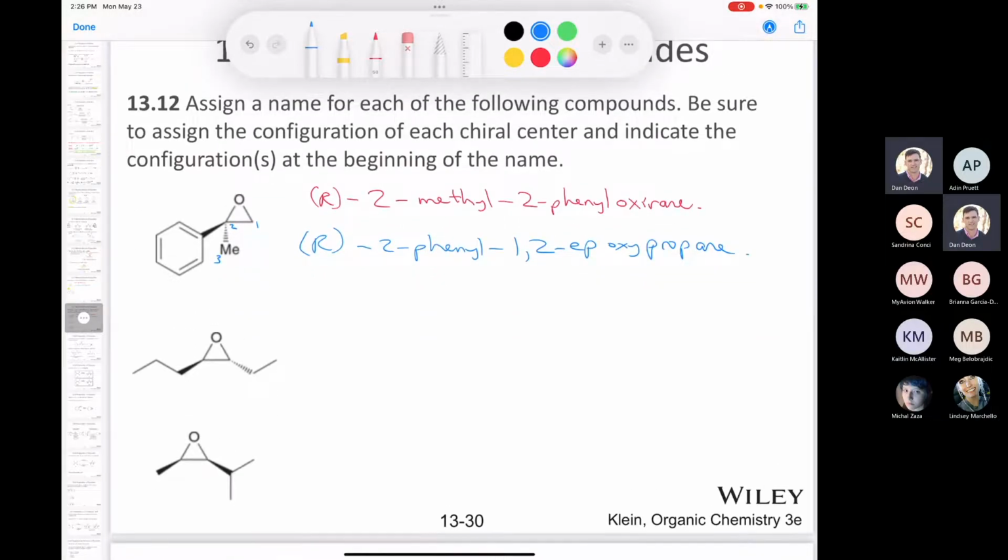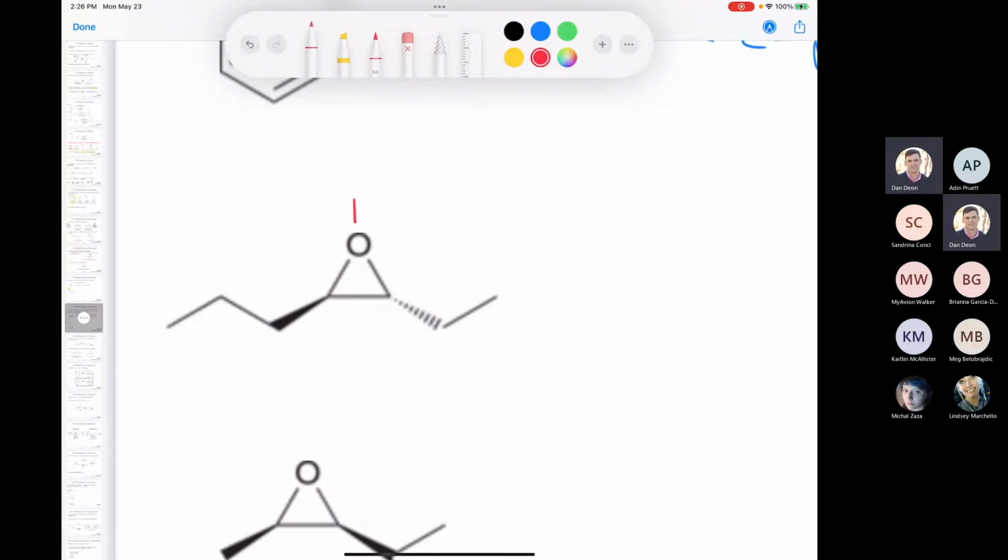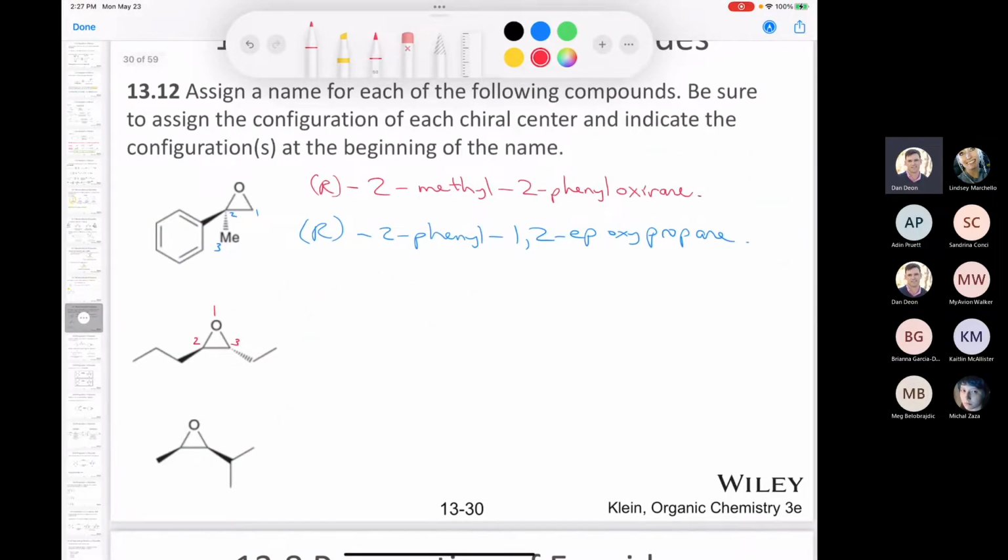Let's try one more, and then we'll save the last one for class on Wednesday. So we're going to do this one as an oxirane again. This would be priority number 1. A propyl group has higher priority than an ethyl. So we go from 1 to 2 to 3. And so this is a 3-ethyl, no, sorry. I think here. Yeah, it's a 3-ethyl 2-propyl oxirane. So yeah, I've got that labeled right. So let's see here. We've got 3-ethyl 2-propyl